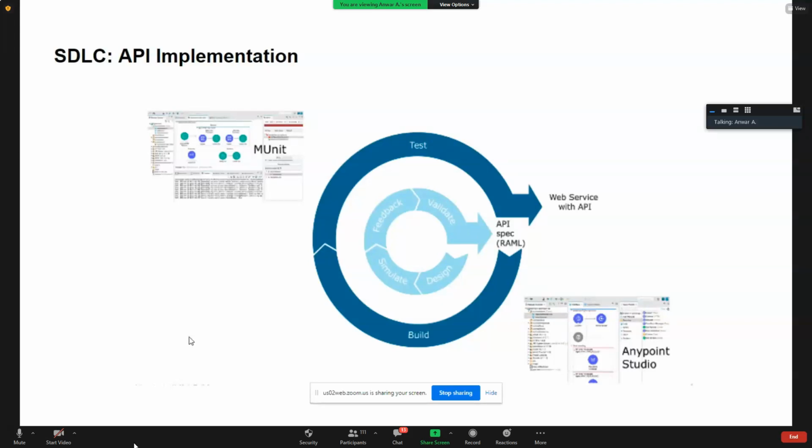In the implementation we add all the business logic flows and all the processors that flow in processing, for example, if we're fetching data from a database,